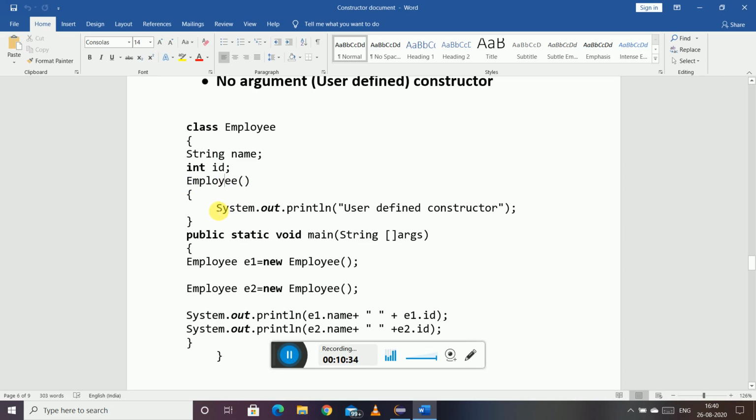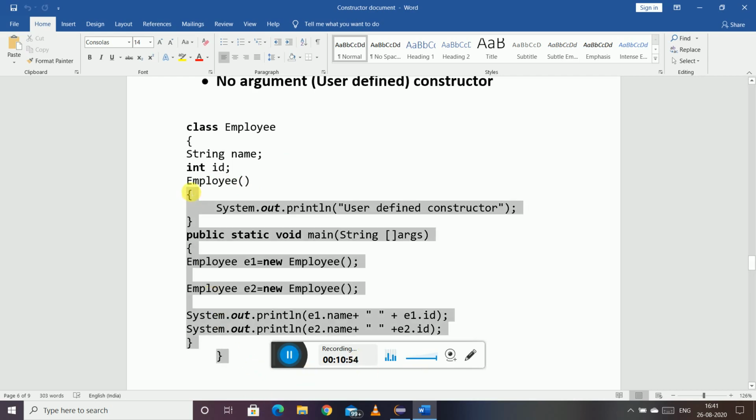In this constructor you can print any message, like here I am printing "user defined constructor". It is no argument because I am not providing any arguments within the braces. If we execute this program, what is the result that we'll get?